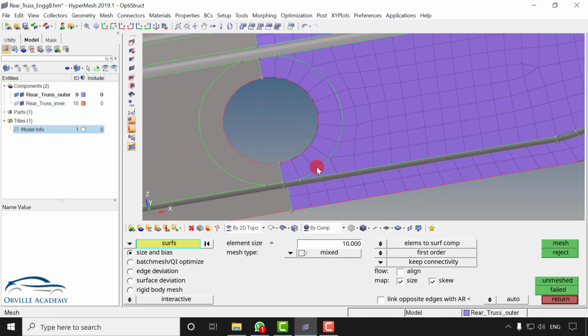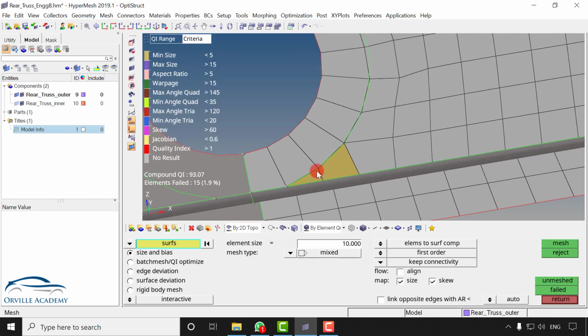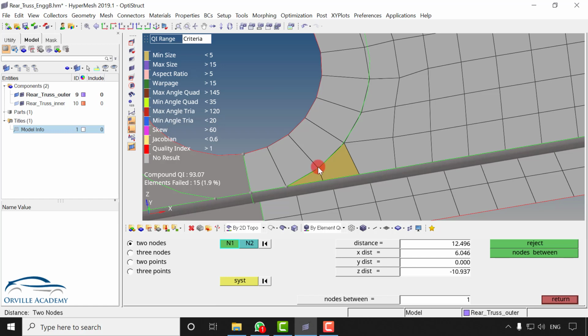Here if you carefully observe, at this location I have a triangular element, but if I go for quality checks, let me go for by element quality, and this element is failing the minimum length criteria. So let me go for F4. Let me check whether I will be allowed to move this element or not, because if my element is failing by a very small distance, for example let's say 0.5 mm, then I can move that node so that the element will pass the quality. But if it is very large, I will take the appropriate action according to the type of analysis that the client is going to perform and the previous work that I have done for the same client.